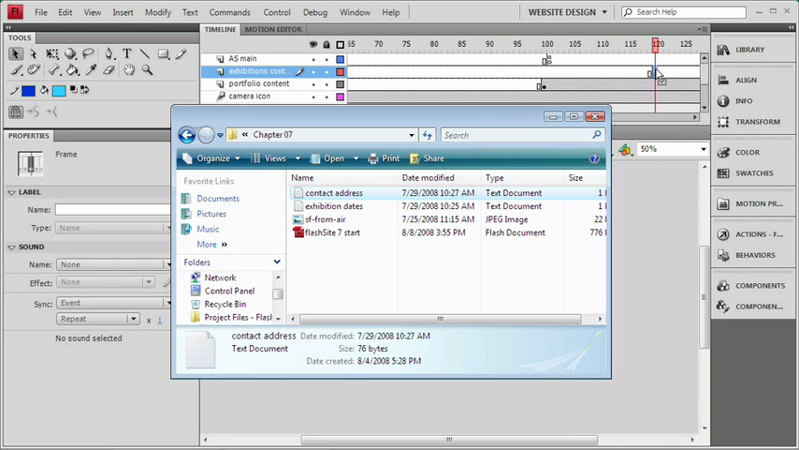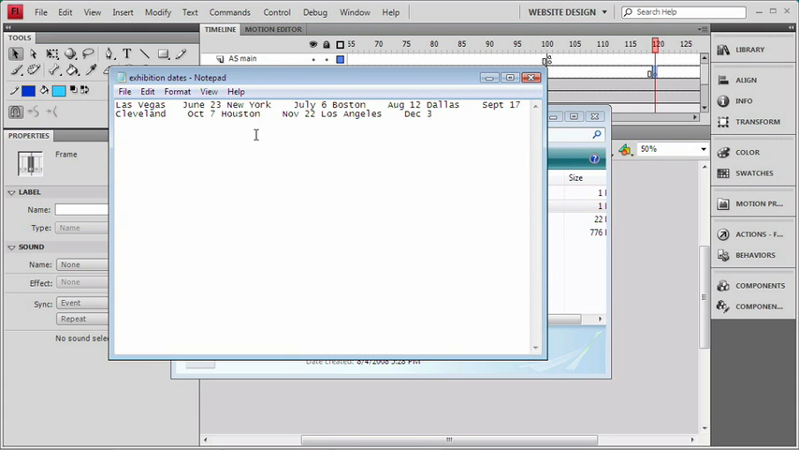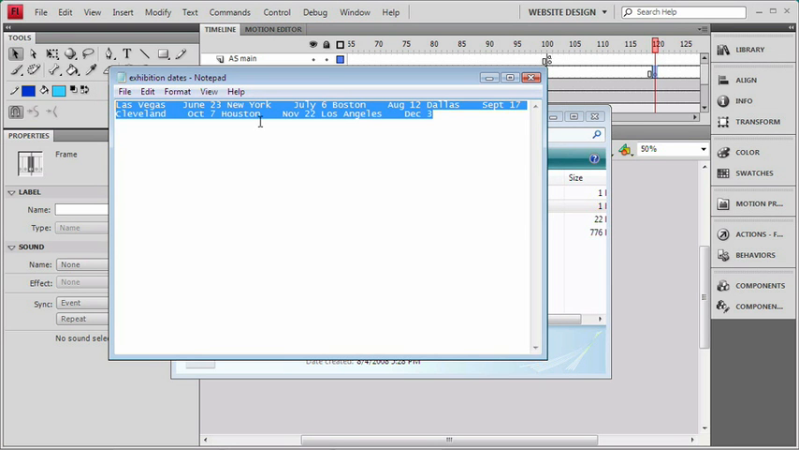And there I've got our Chapter 7 project folder. Now you can see I've just got a couple of text files in here, and we've got a graphic that we're going to be pulling in as well. So I'm just going to double click on the exhibition dates, and you can see we've just got some cities and dates in here as text. I'll just select the entire group. I'll copy it,